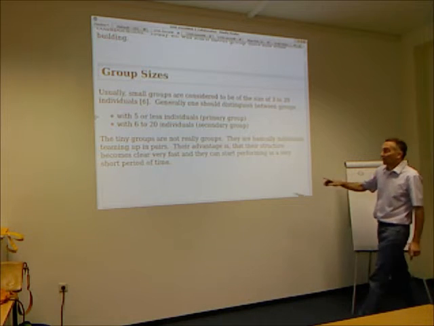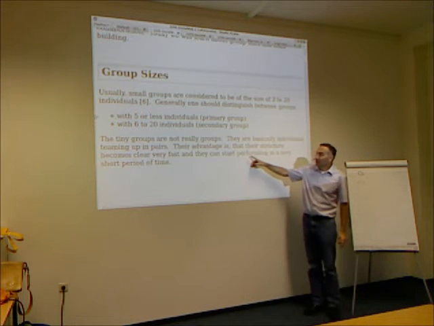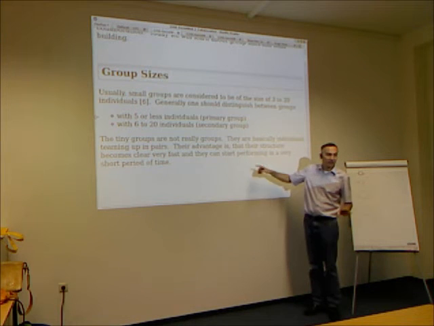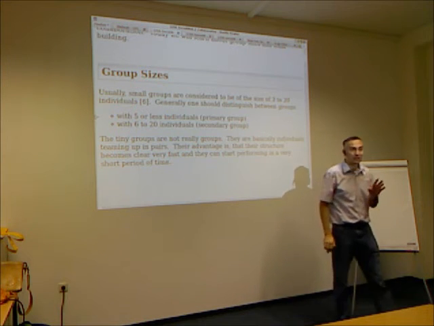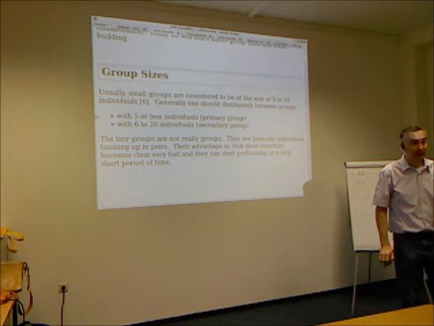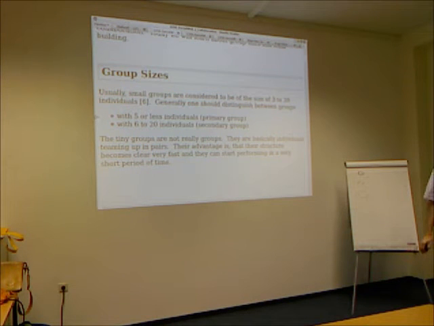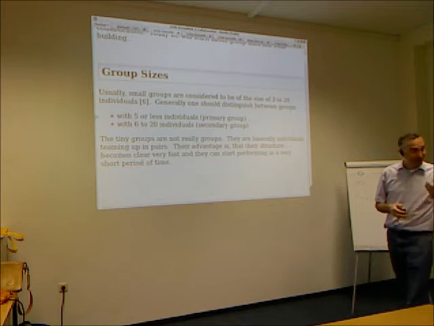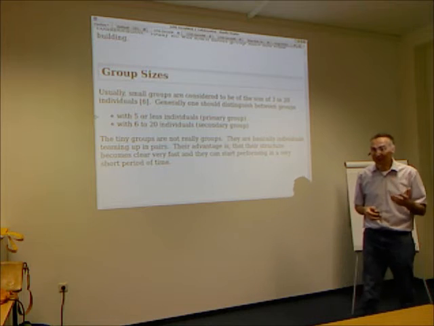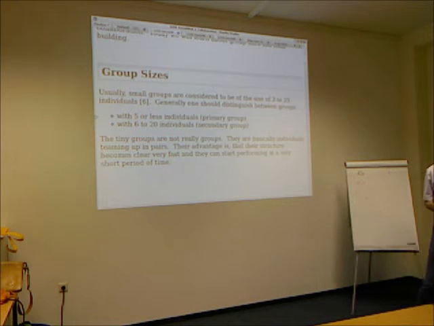From our point of view, the nice thing about small groups of 5 or fewer is that they perform very fast and very effectively. So that's nice. Now the problem is some things you need more people to work on. There are some very large projects like building the pyramids. Five people cannot build the pyramids. It just doesn't work. Even if you have all kinds of machines, it doesn't work. You need more than 5 people. So very often we have efforts where we need more than 5 people, so we need to learn about things that happen when we have larger groups.